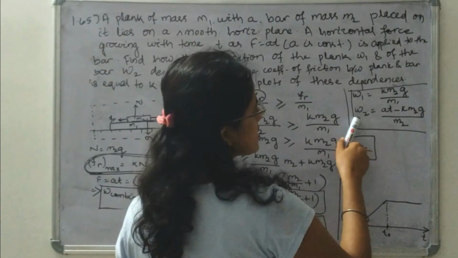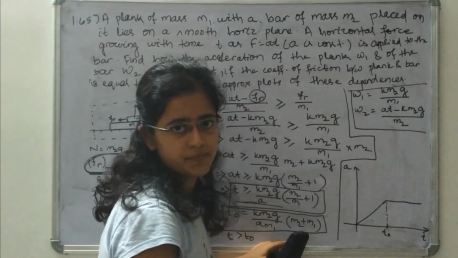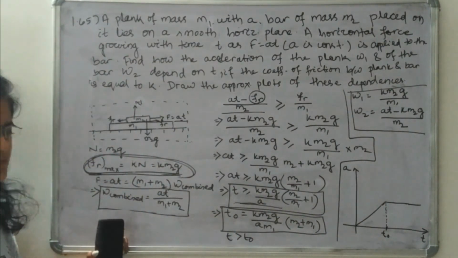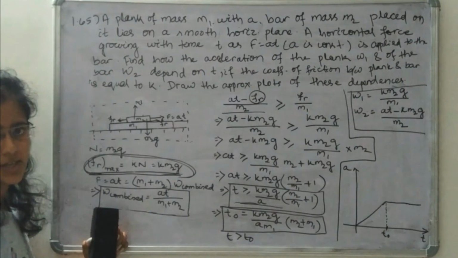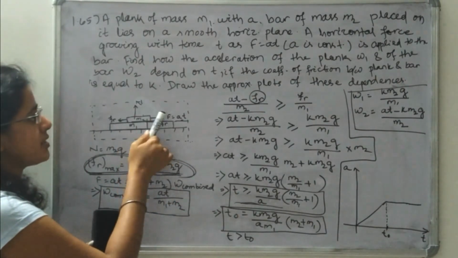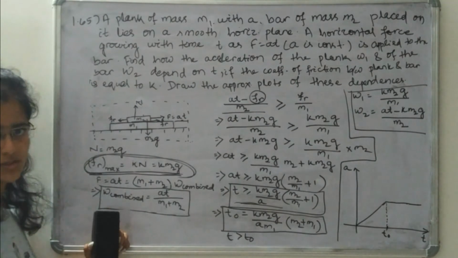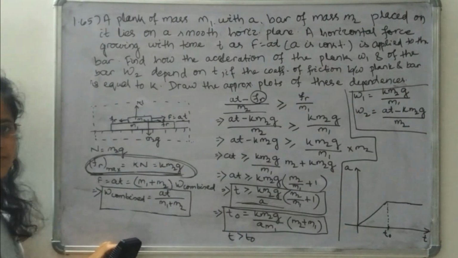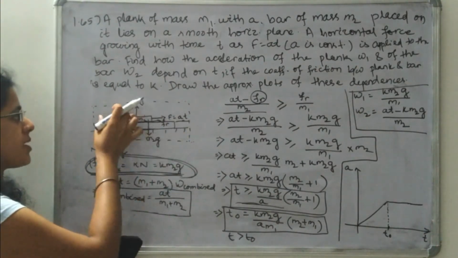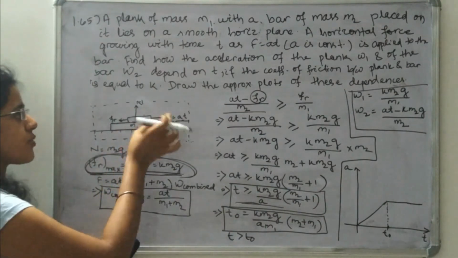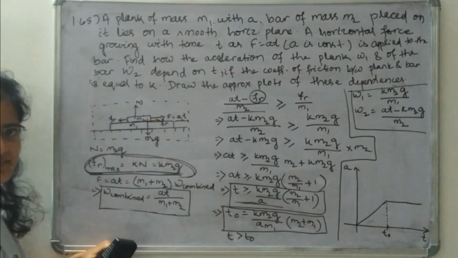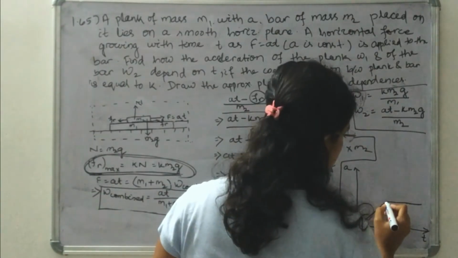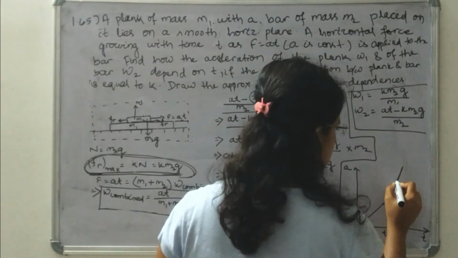But you can see the acceleration of the bar depends on time. So after this much time, as the value of maximum frictional force is reached, that is k into m2 into g, the acceleration of this bar is only due to this force, there is no friction. So this bar is now moving with greater acceleration than previously. Why? Because the maximum friction value has already been reached. The force is showing its impact on this body only, on this bar only, for the acceleration. So the bar is now moving with greater acceleration.